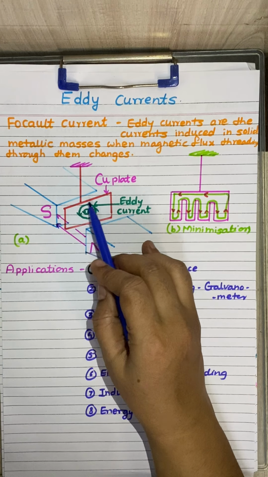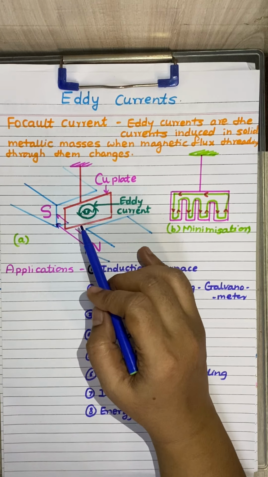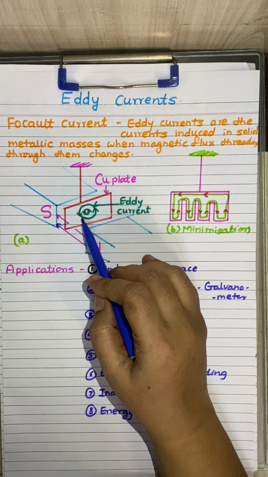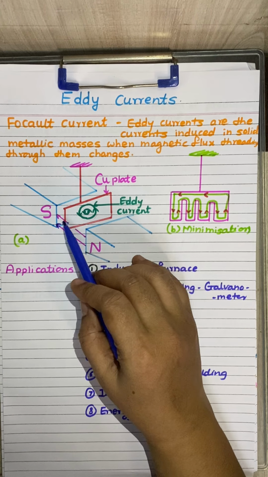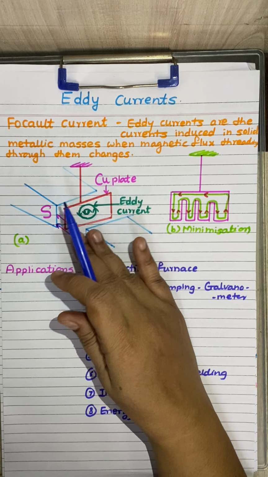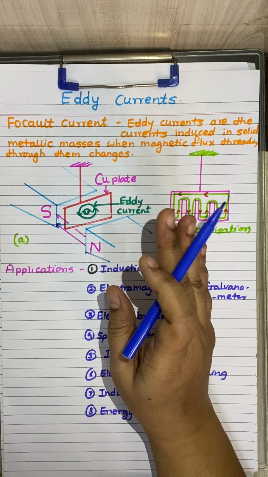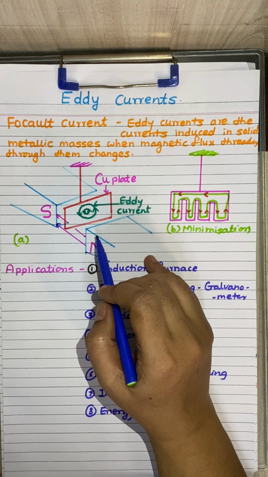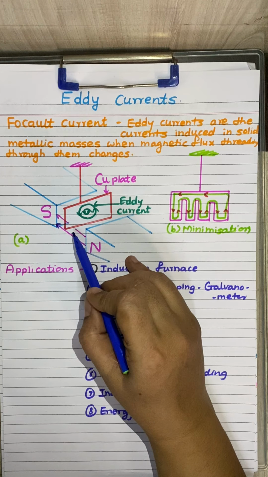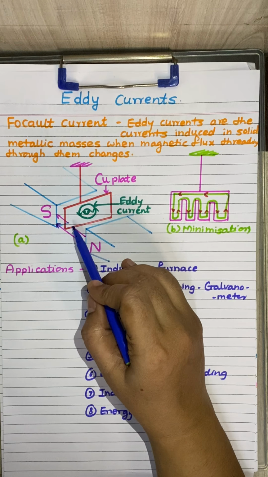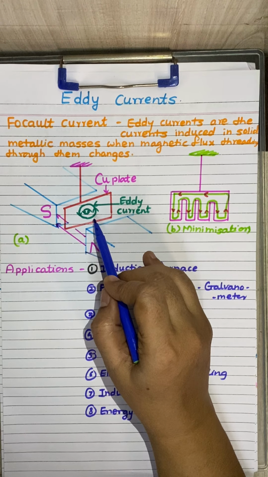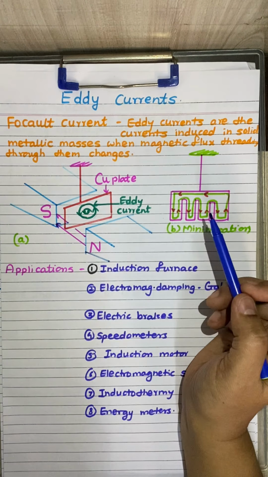So whenever electrons of the plate move in a particular circular path, they produce a current, and the direction of the eddy current is such that it opposes the change in the magnetic flux. Now the change in the magnetic flux is due only to this copper plate which is coming inside and going outside of the magnetic field. So we can have eddy current flow anti-clockwise when the plate swings into the magnetic field, and as soon as the plate swings out of the magnetic field, the eddy currents start flowing clockwise. Let us understand this in detail.